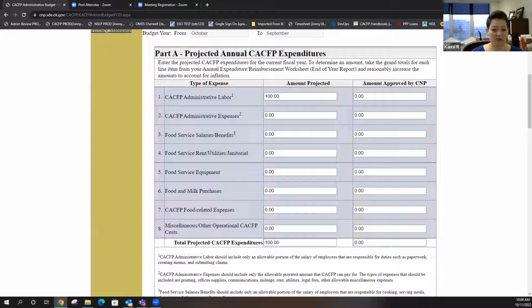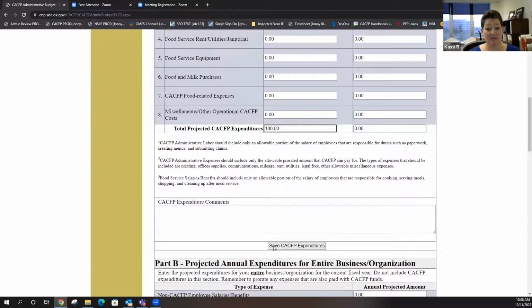If you don't feel like you'll ever need that money for those things because you spend enough on these, that's fine. But your end of year report and your projected annual expenditures should be reflective of one another. So you really shouldn't even be doing this budget until you've done your end of year report. And if you've not sent in that end of year report with the supporting documentation of those 12 months, we can't approve it. So you're just going to enter those numbers here and click save.